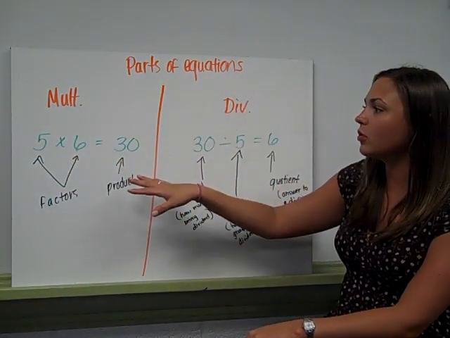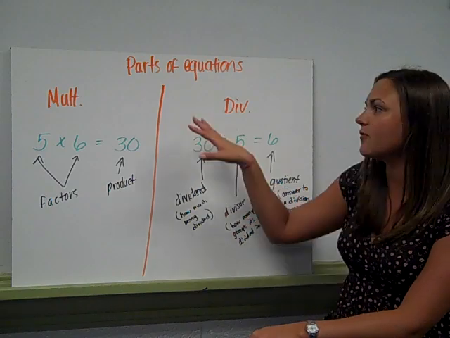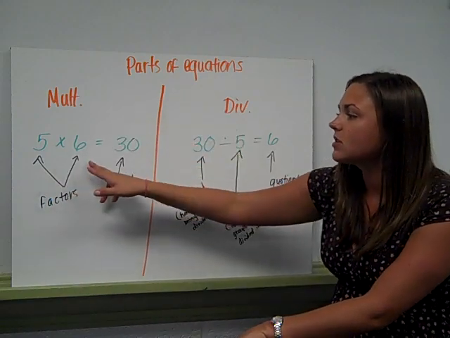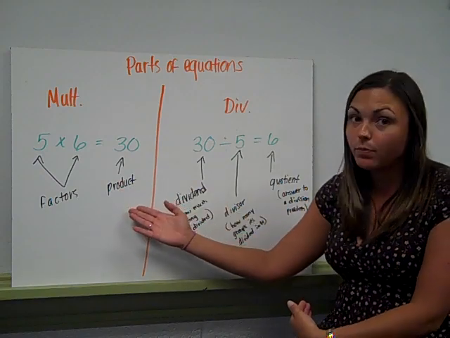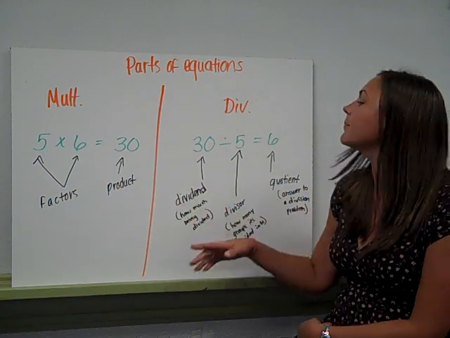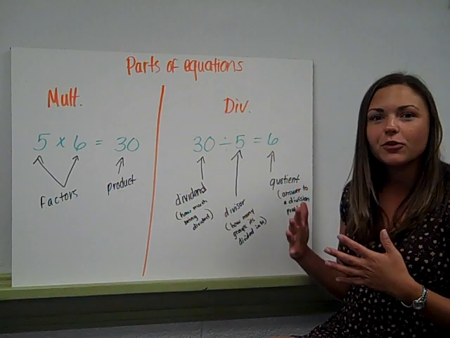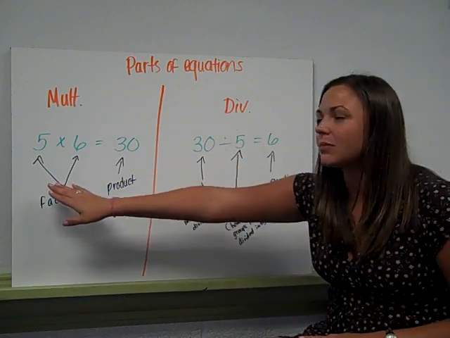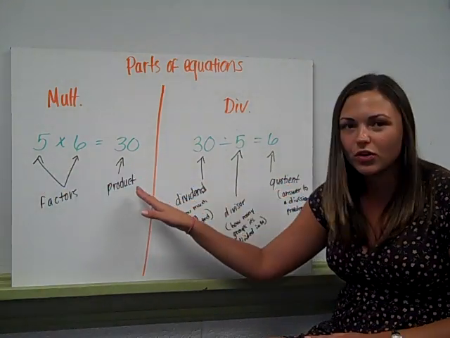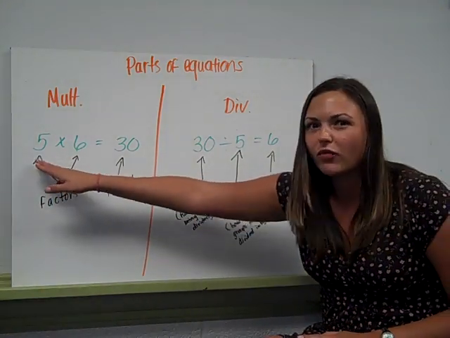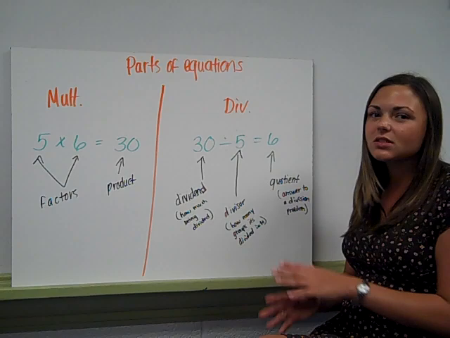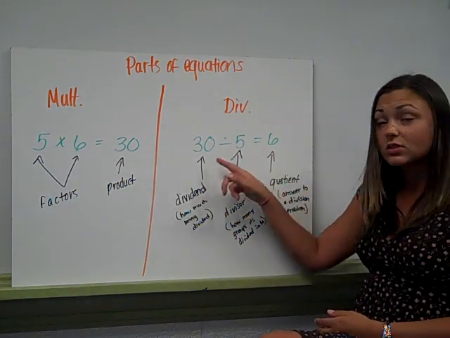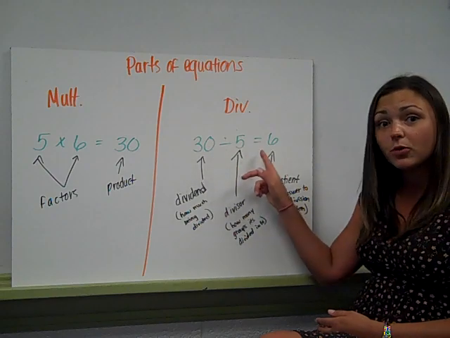Quickly, a review for multiplication and a kind of an introduction for the parts of equations. In multiplication, we have 2 factors that multiply to give us a product. For division, it's a little bit different. We have 3 different names. These 2 are not called the same like in multiplication. These are both factors of 30. 30 is a multiple of both 5 and 6. But over here, it's a little bit different. Even though 5 and 6 are still factors to 30, and 30 is a multiple of both of these numbers,